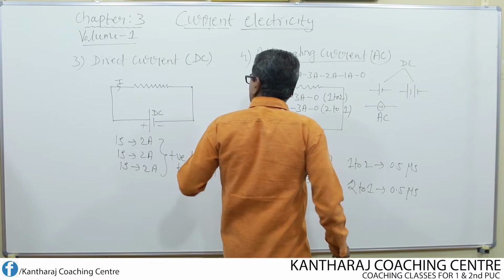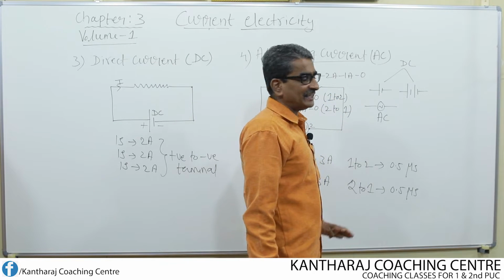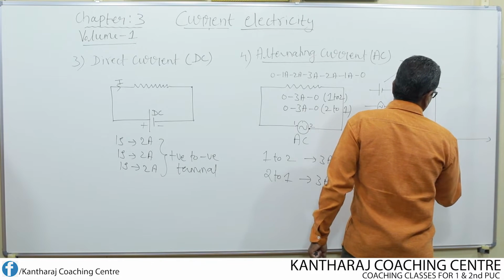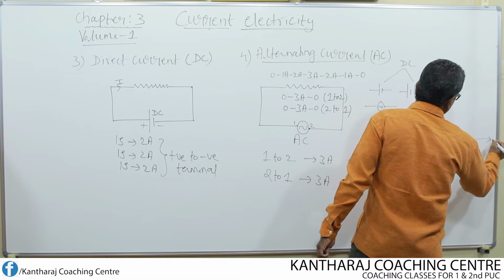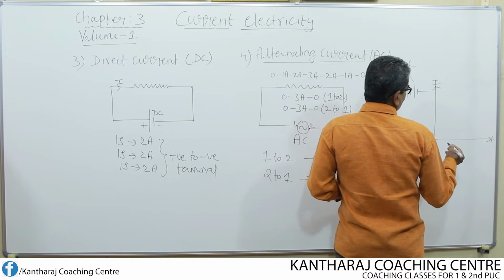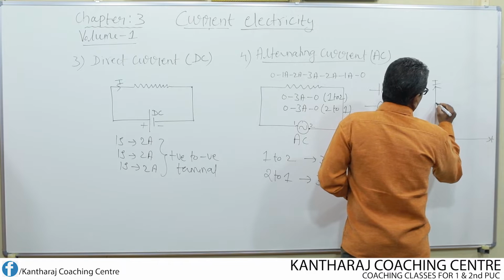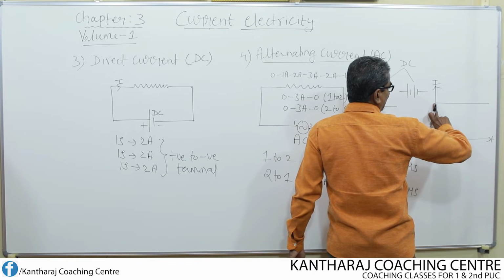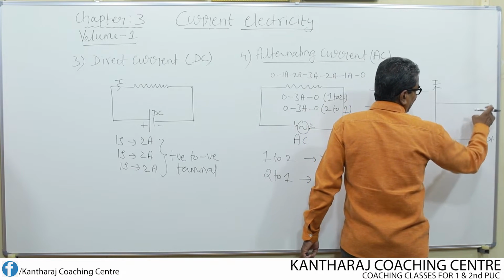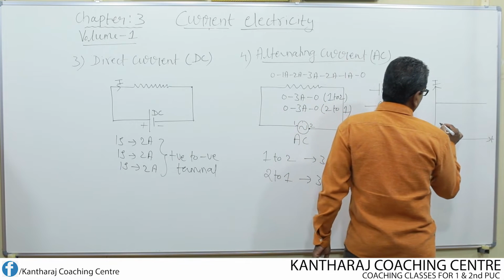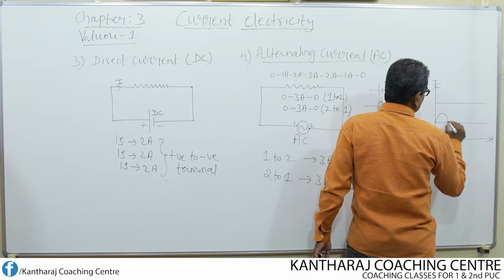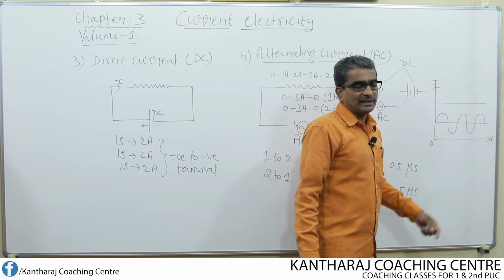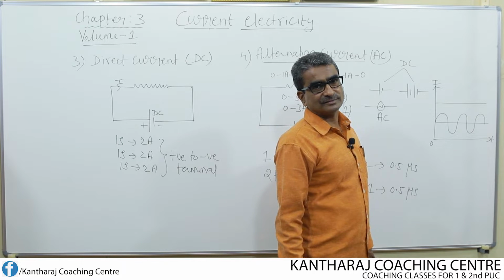Graphically, how do you represent direct current as well as alternating current? I represent both in the same graph. Look here, I, and this is nothing but T. Suppose the direct current is like this: direct current, steady current, no change in the magnitude of the current, it remains the same every second. Whereas for AC, look here, it will be like this. So this is nothing but the alternating current waveform.